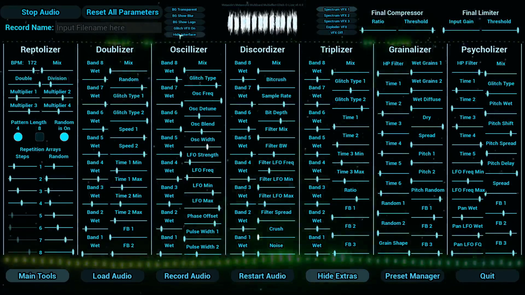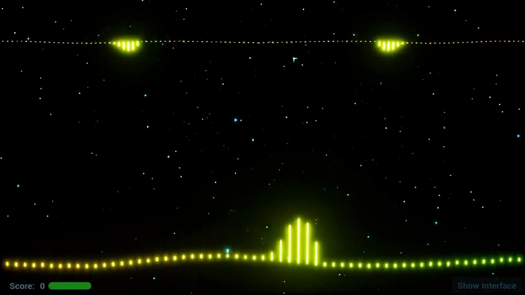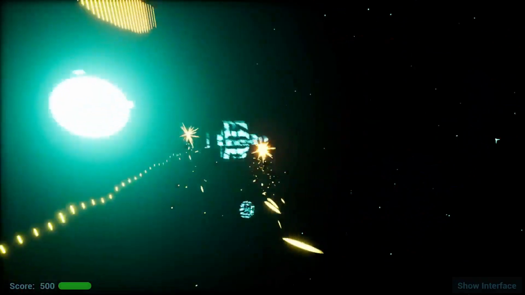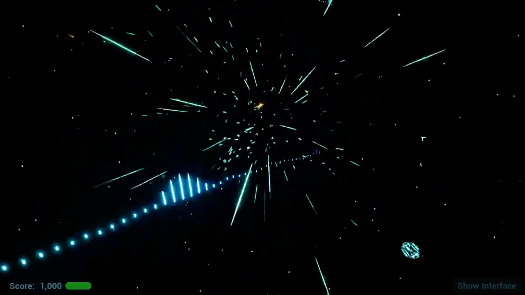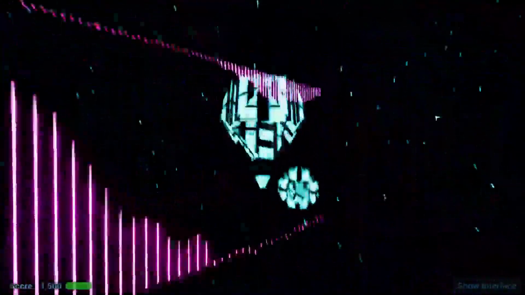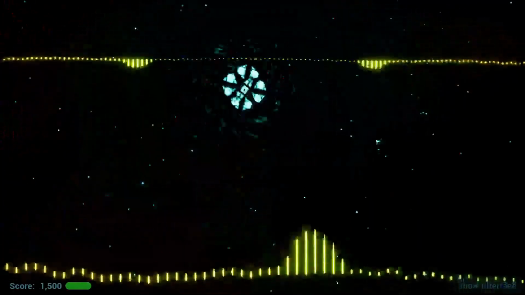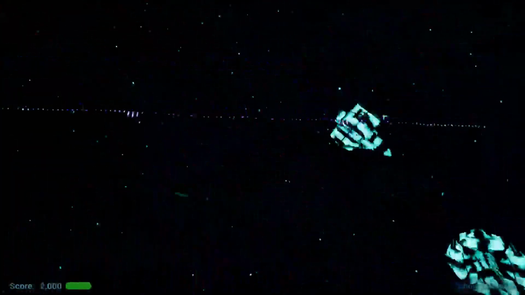Another thing you can do is hide the interface, and then, oh no, you're getting attacked by MMMM glitches. You can play this little game I made. And maybe the most interesting thing about this is what happens if you get hit a few times. I made it a little bit easier because my son was playing with it and didn't get very far because these